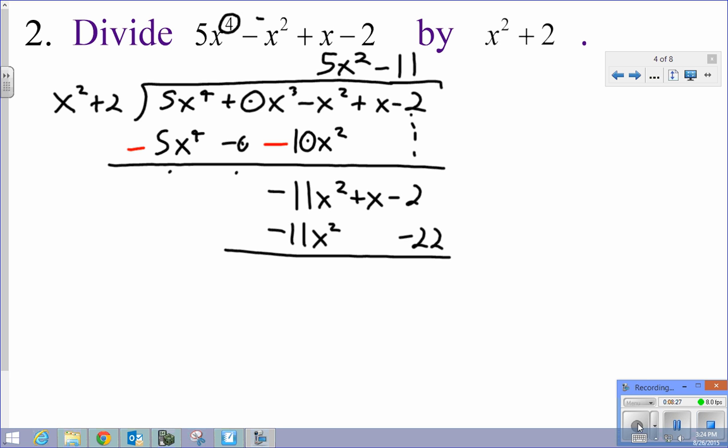So remember, because I am subtracting these, I'm going to change my signs here. And I'm going to get, this goes to 0, this is x, and negative 2 plus 22, I get a plus 20. This is my remainder. All right, so that's example number 2. Example number 3,